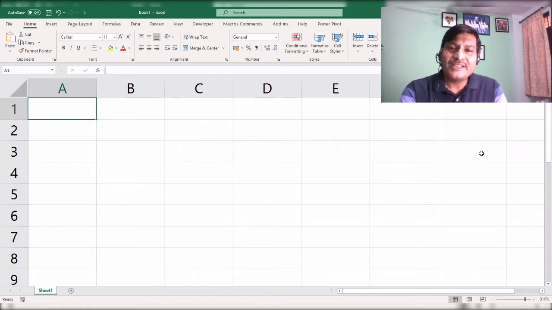My name is Nabin Misra and today we are going to discuss a very useful feature of MS Excel, and the name of this functionality is fill series. Friends,